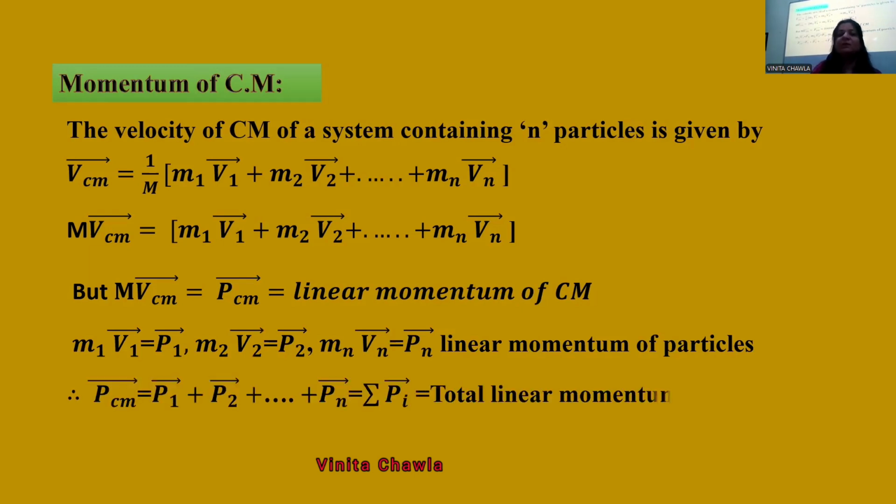See, for momentum we have nothing like velocity, है ना। In velocity we had divided by total mass, m1 plus m2 plus mn से डिवाइड किया था, बट यहाँ पे ऐसा कुछ नहीं है। यहाँ पे क्या है, हम इंडिविजुअल मोमेंटा को ऐड कर रहे हैं टू गेट टोटल मोमेंटम। We are simply adding momentum of all the particles that we have to get the momentum of center of mass। okay,